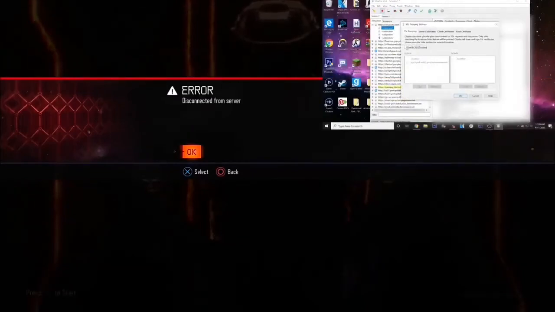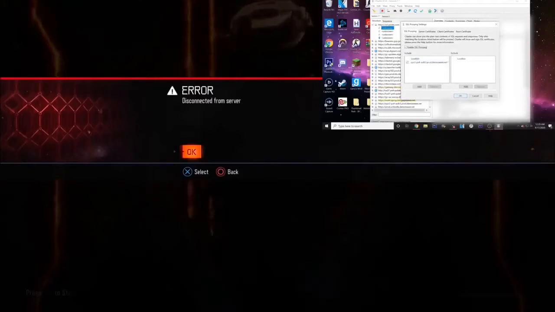Now do not touch anything on your controller from here. You actually want to go onto your computer, click on Proxy, go to SSL Proxying Settings, and then click on Enable SSL Proxying, and then click OK. Now at that point you can go back onto your PlayStation 4,